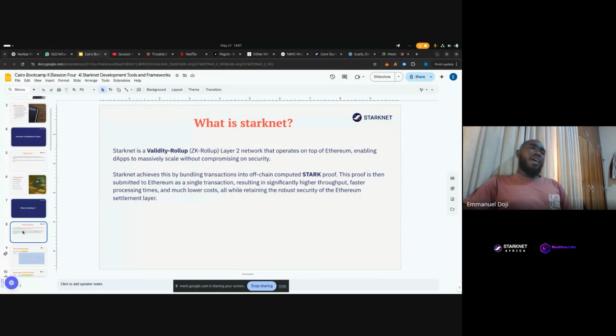And aside from the whole security and all that, they have one of the lowest fees, very fast when it comes to transaction speed and all that. So yeah, Starknet is very exciting when it comes to security and speed of execution, and then low cost,